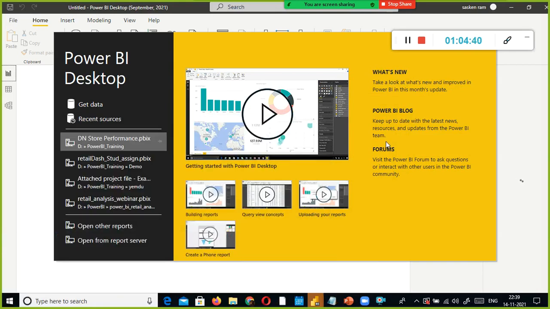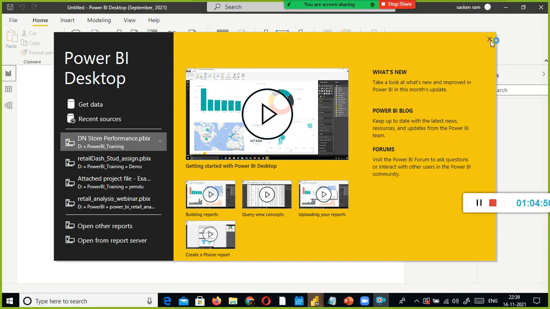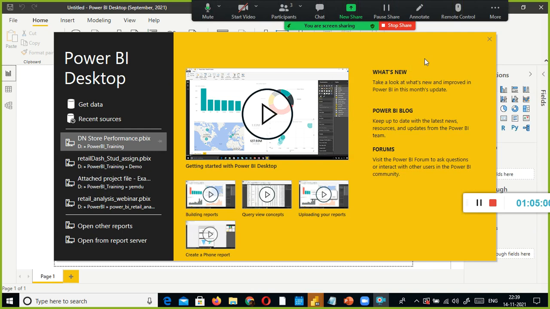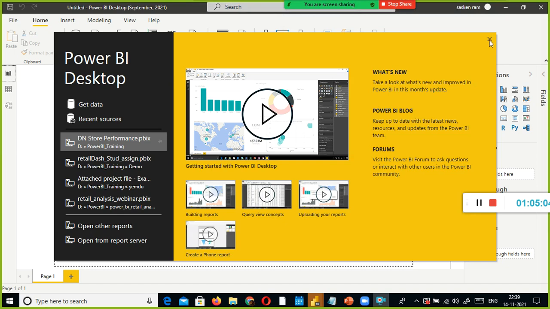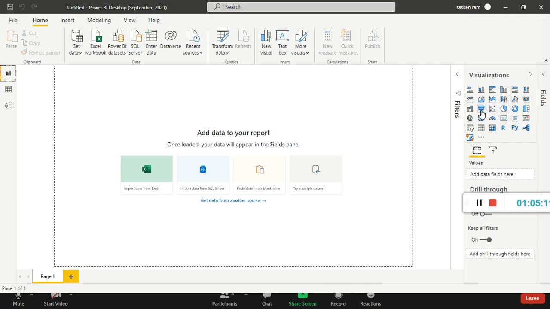Now can I share? Yeah, it's opening, right? So what you do is, you are all set, right? In the yellow color thing, on the top right corner of the yellow thing, click the cross. Yellow color thing is there, right? That one. Yeah, this one. That's all. You're all set.